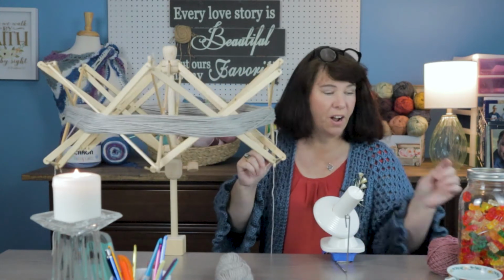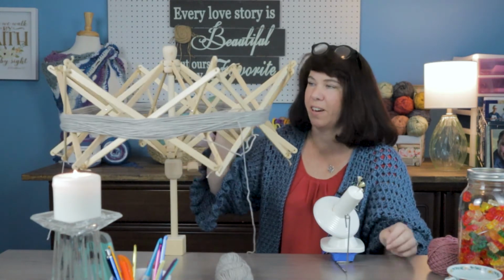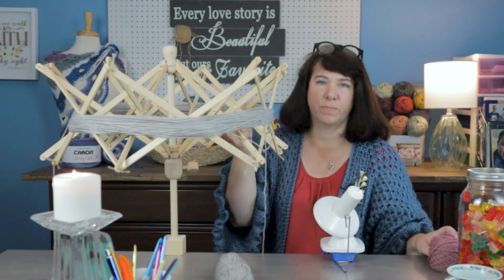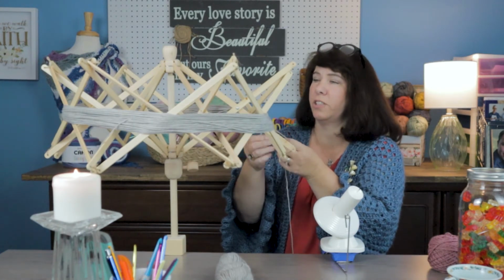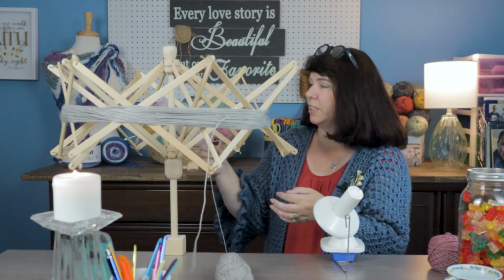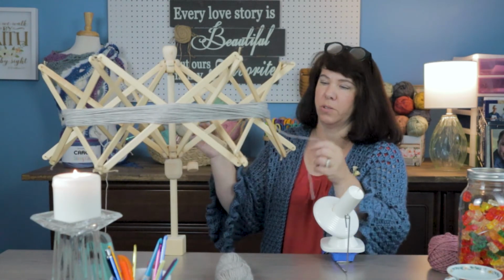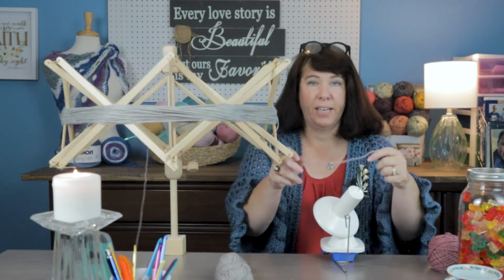So I have cut off the little ties. There was two to kind of hold it together, and maybe I should have done this with a different color, but this is the only hank I have in the house right now. So all right, the next thing you do is you're going to take, I'm going to ignore this end that's hanging because it just doesn't look right. This one, I could kind of see where it's going. So you take it,